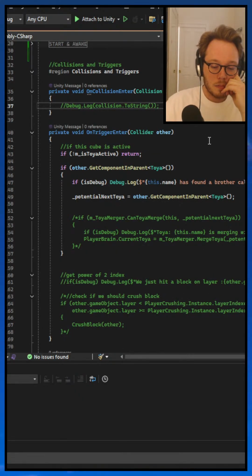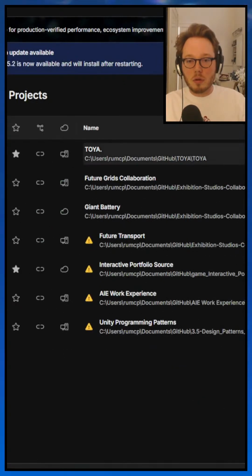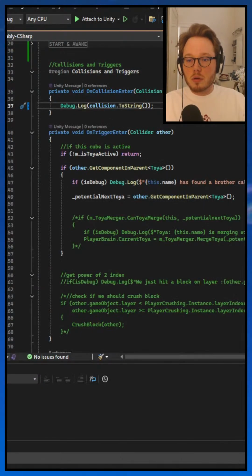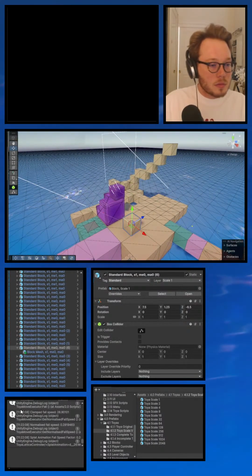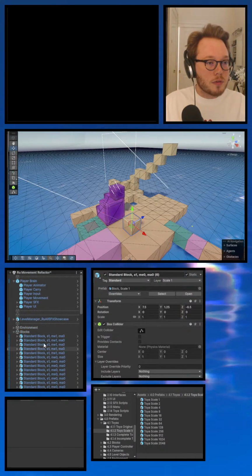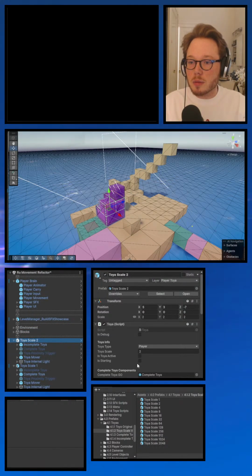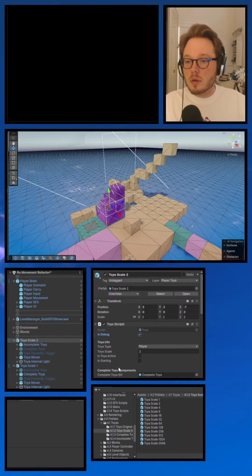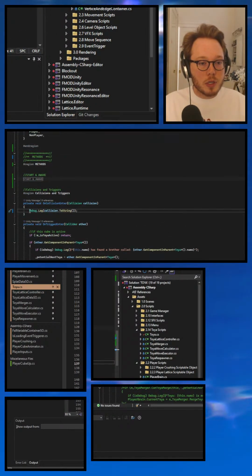Let's see if we are colliding with it. Oh. We should have... I don't know how much of this is in debug mode. Does it matter? No, it's just going to print it out anyway.